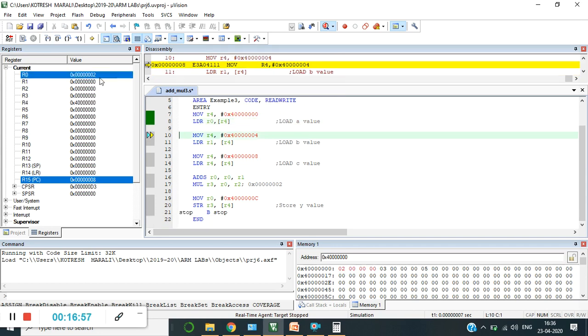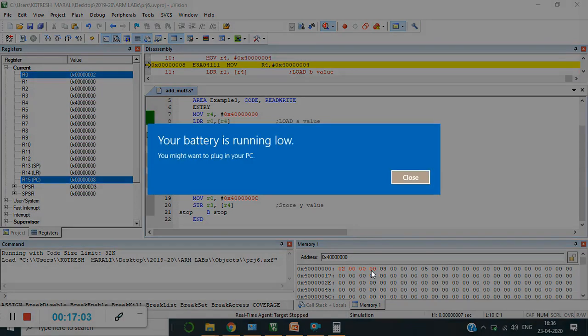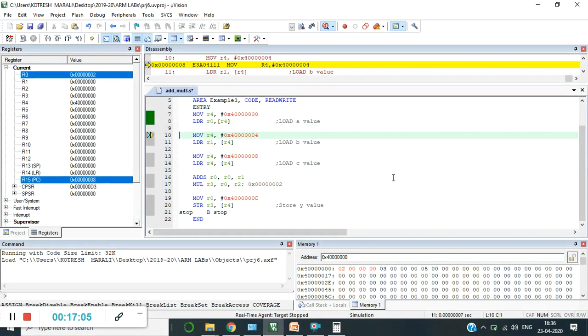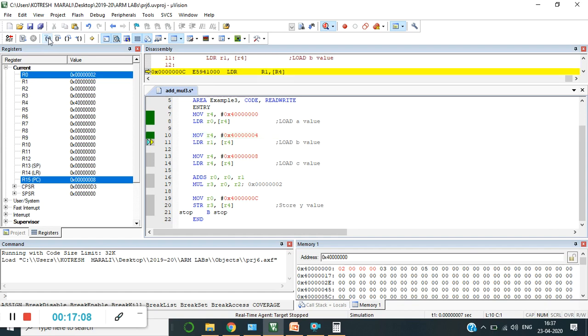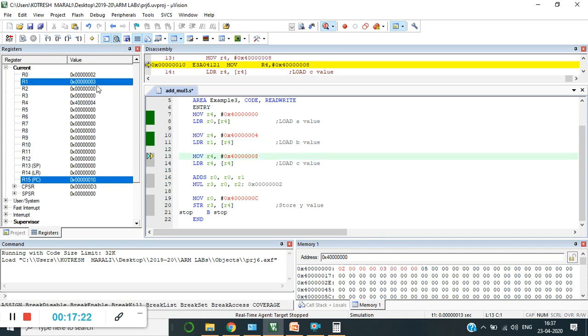Fine, we have received. Once you receive it, you get that red line indication, which means the particular data has been read. Now the next line execution. It takes the address 40004. In this address I have the data 3, and that is going to be loaded to R1.